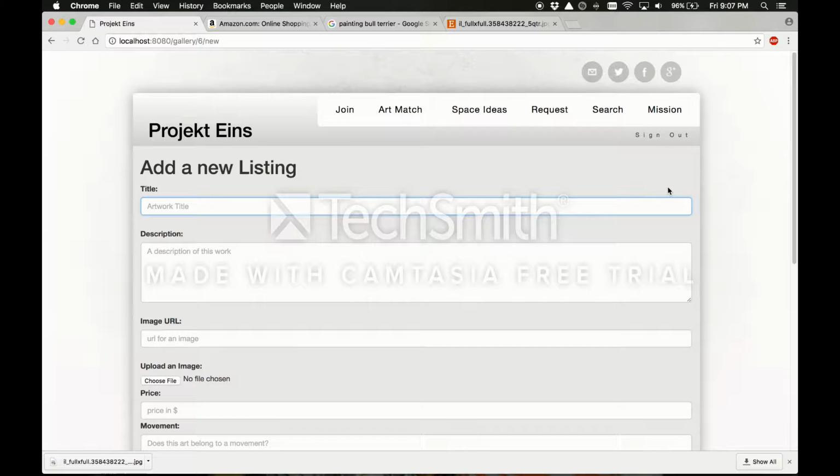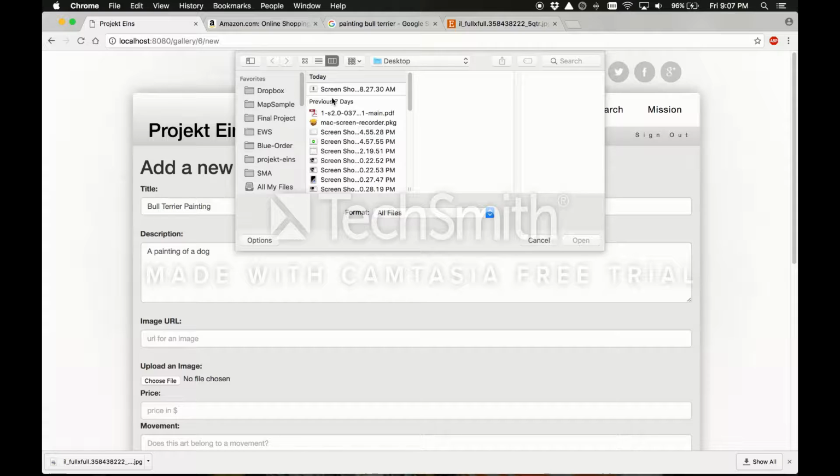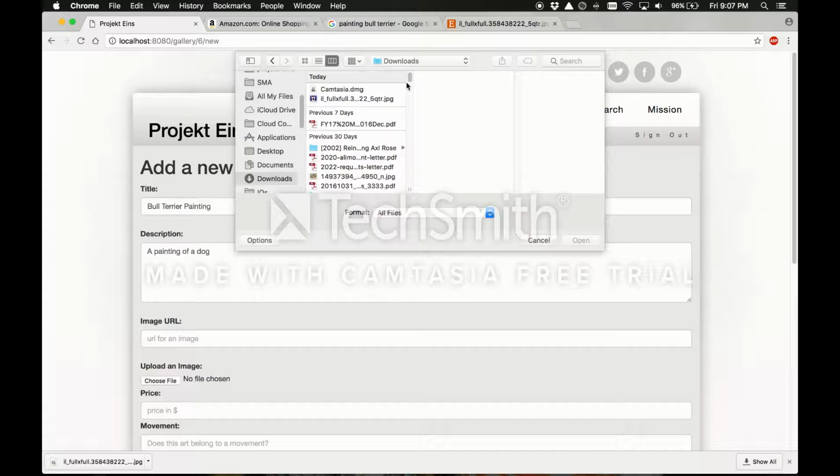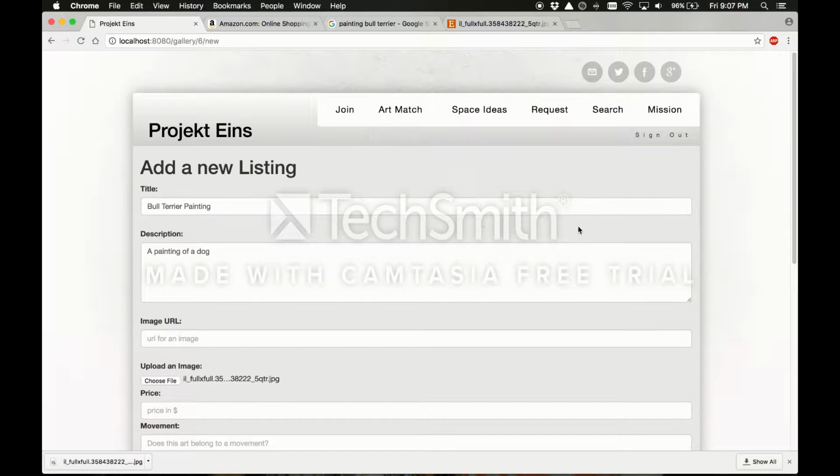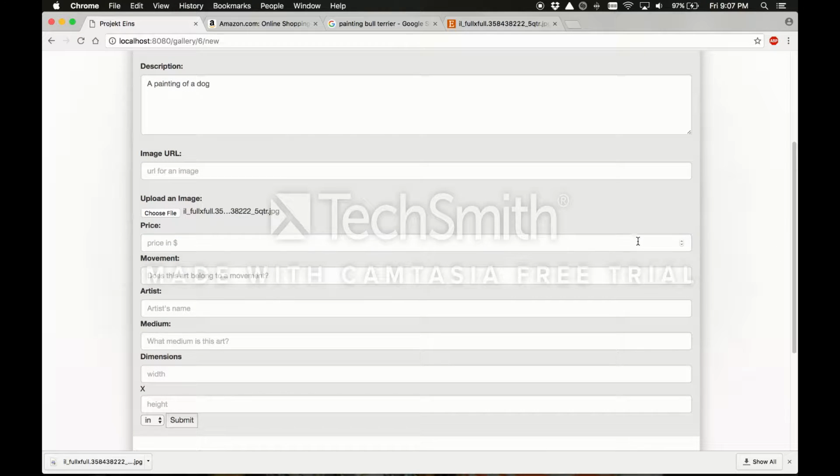So now we want to add another listing, and this is one I saved on my computer. It is an image of a bull terrier, and we go to my download files. We upload it, and this will upload straight to the Cloudinary server, but also create a link for the URL in the SQL database. That will also be linked to this listing and to the gallery, which is owned by the current logged in user. So we hit submit,